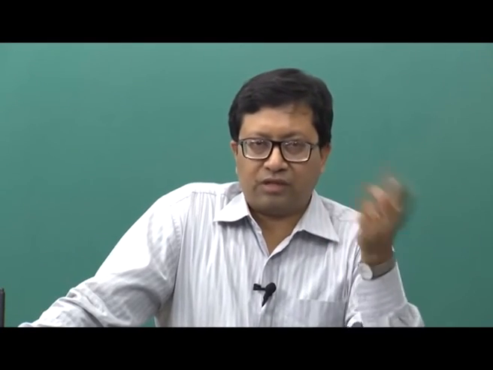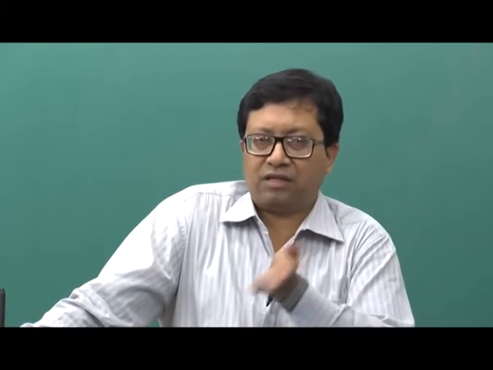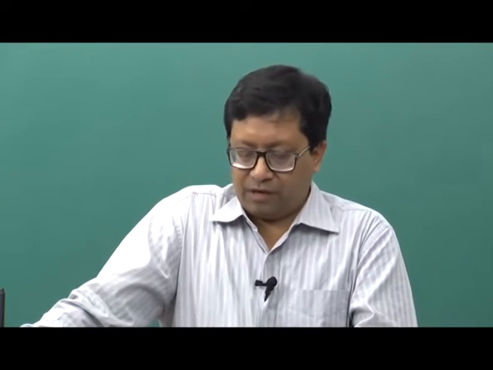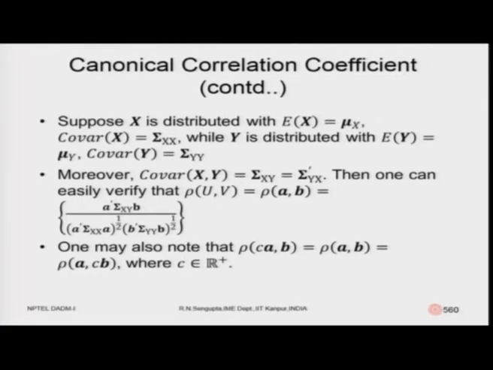Obviously, once you find the covariance of x to y and y to x, they are mirror images, because the diagonal elements are mirror images. Thus, one can verify very easily that the correlation coefficient existing between u and v would exactly be equal to that existing between a and b, which are the variables which you want to find out. So, we want to find out the covariances of a and b by the concept of this. This is the formula which is given and we will try to utilize.